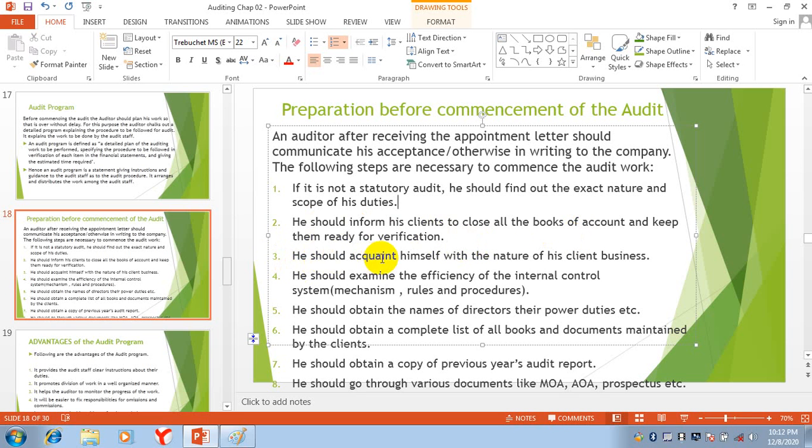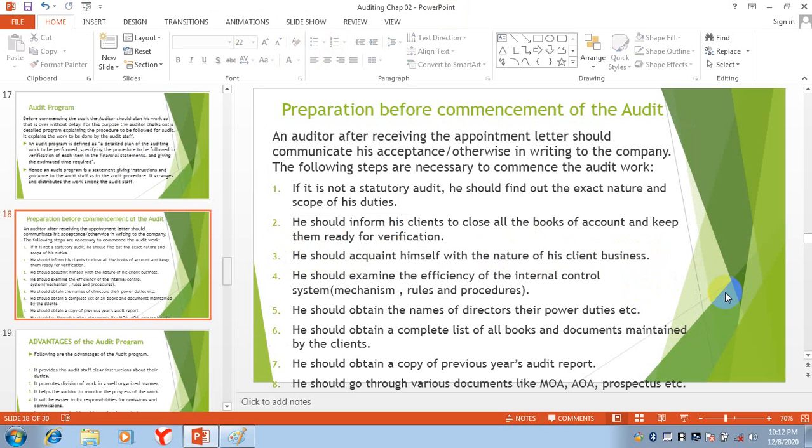The third thing is he should acquaint himself with the nature of his client's business. It is important that he knows about it. I am going to this firm. Which type of firm is this?